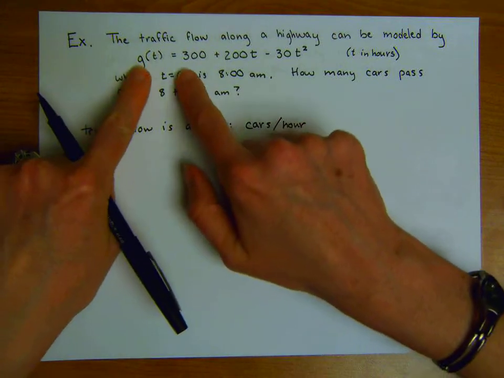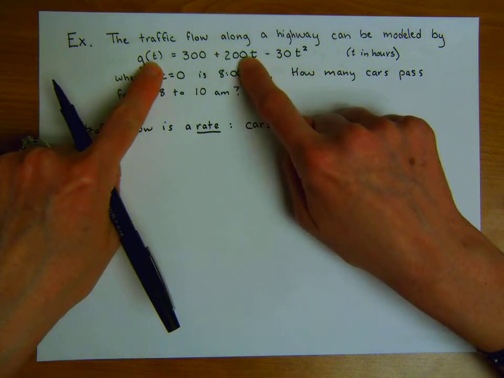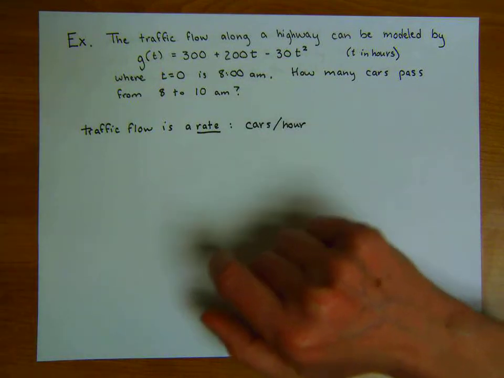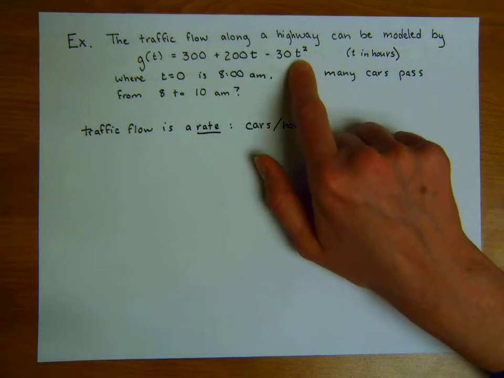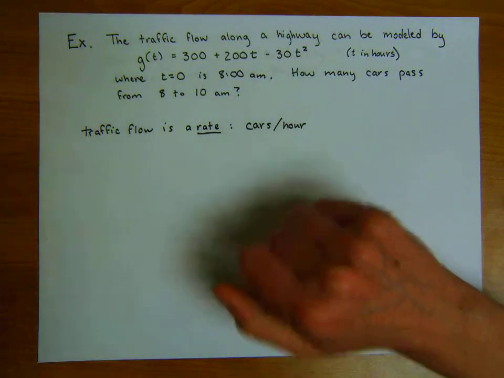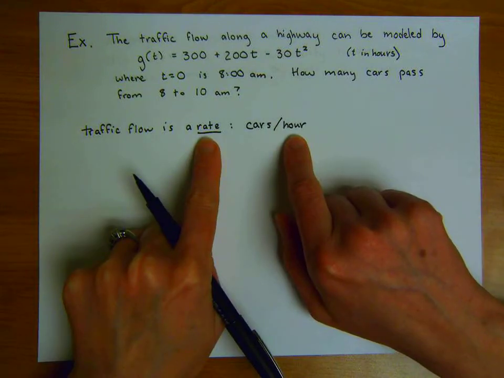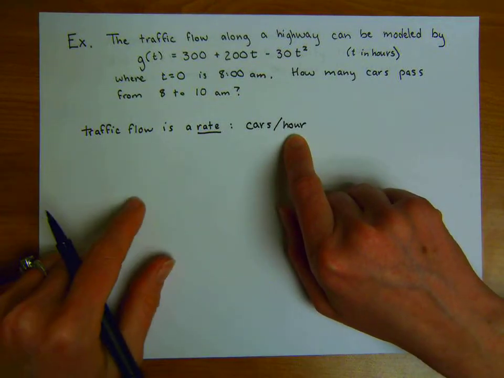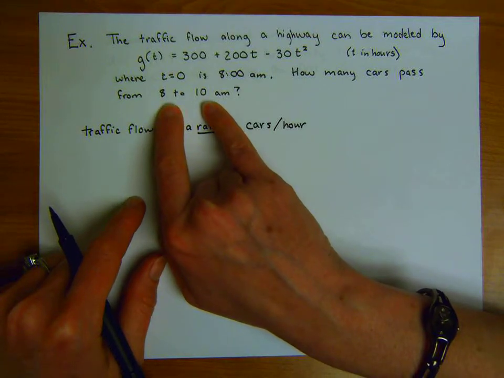And so if we want to sum up the total number of cars, notice that this t is constantly changing. The t is a continuous function. We can't just look at the number of cars at t equals 0 and t equals 1, because over the course of the hour, this rate is changing because the cars is continually changing. So using the fundamental theorem of calculus, in order to compute the total net change, we're going to have to